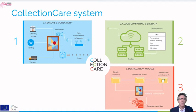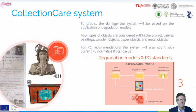The next block of the Collectioncare system is the degradation models and the preventive conservation normative. The idea here is to compile the actual degradation models and the preventive conservation normative and translate them to computer algorithms to be executed in the cluster infrastructure. These models allow us to predict the evolution of the degradation of an object according to the type of material